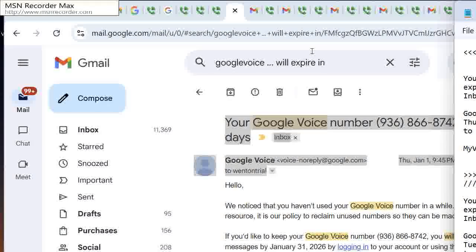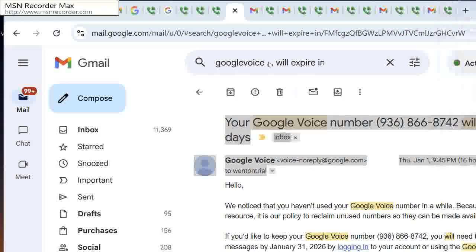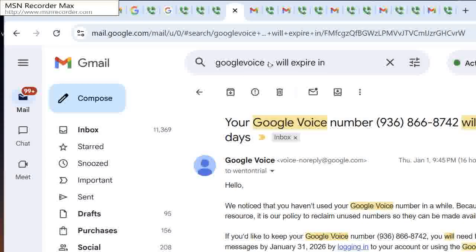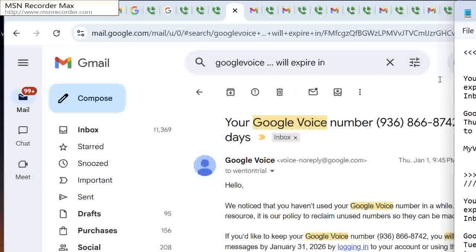At this point, I'm ready to navigate to the inbox to see, or maybe navigate to the, maybe log in. I want to log into the account, went on trial. So I mark